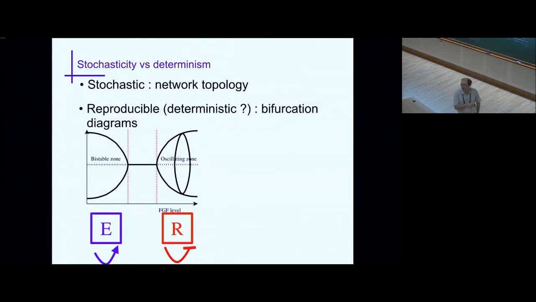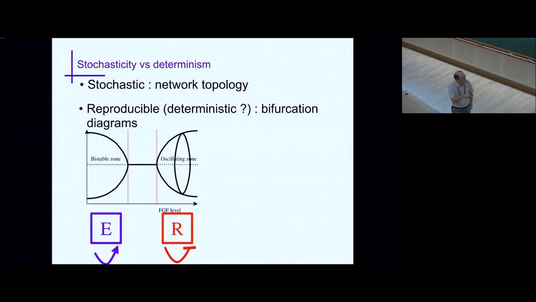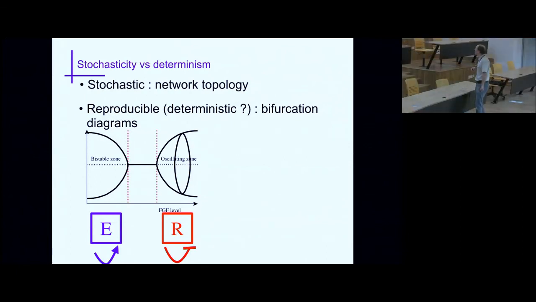Then something happens in between, but certainly the endpoints of this evolution, oscillator and bistable, we see them in all simulations. At least in the simulations that are successful and give you many stripes, you always see an oscillating system coupled to a bistable system. What happens in between is not entirely clear. The standard thing would be to have a Hopf bifurcation and then a saddle node or a pitchfork bifurcation. And actually, we're studying right now what happens if you change this picture a bit, how you modulate what is inside and how that would change your result. But the endpoints are very clear, and this is what you see in all simulations.